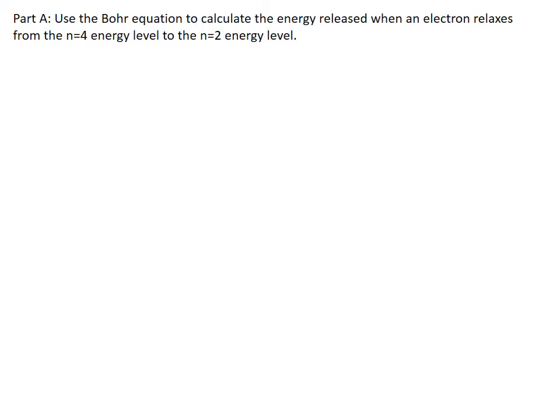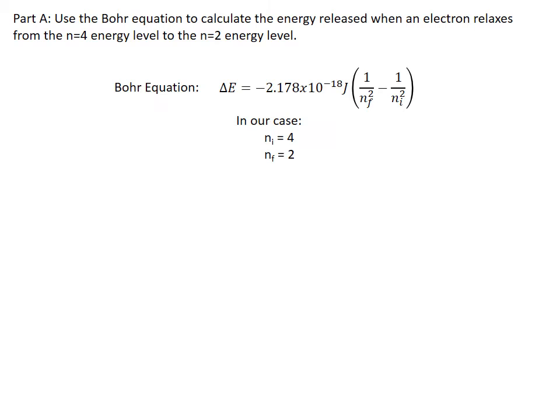In part A, we're going to use the Bohr equation to calculate the energy released when an electron relaxes from the n equals 4 energy level to the n equals 2 energy level. Because we're going from a higher energy level to a lower energy level, we're going to release a photon with a given energy. The Bohr equation is delta E equals minus 2.178 times 10 to the minus 18th joules times